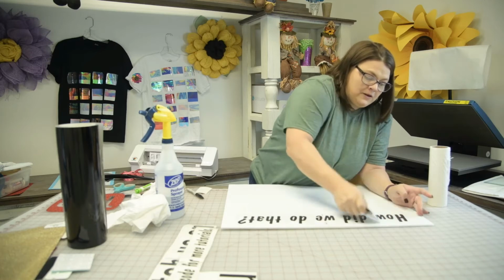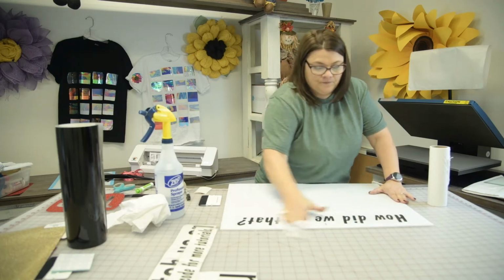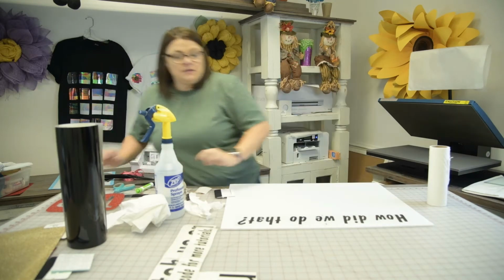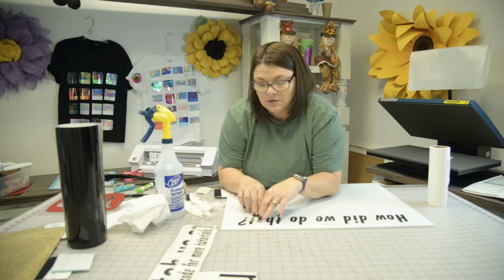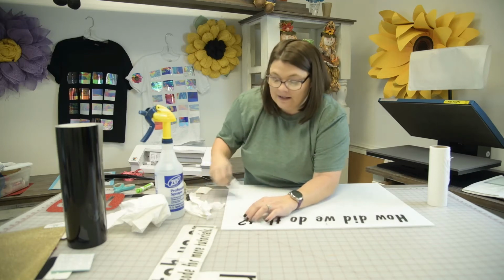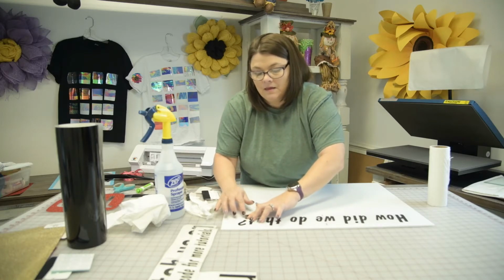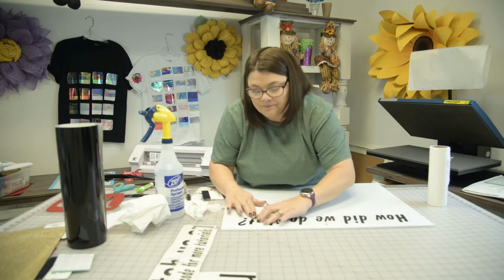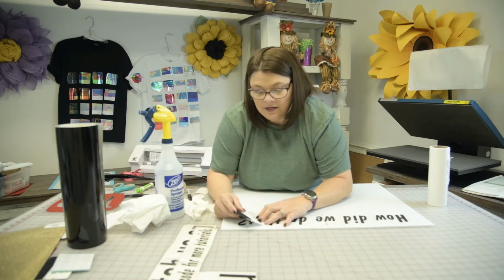You don't want to move it too much because you still have water in here. You want to pull it straight back. Okay? Because if you have a piece that's lifting, you can lay it back down, and I just picked it up. There we go. Alright. And you may have a piece or two that come up, and if you do, you can